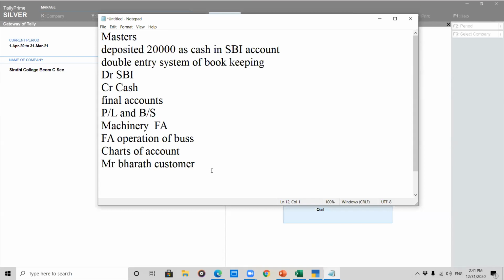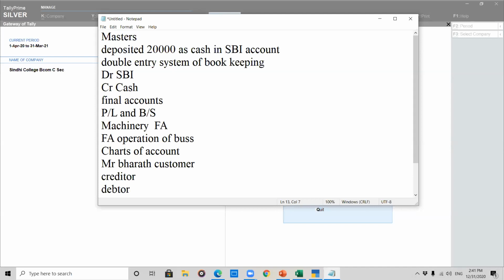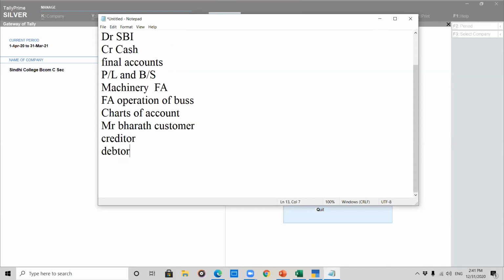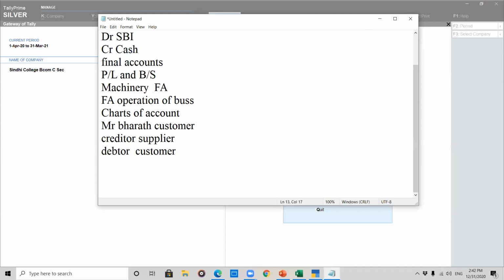Yes, there is something called creditors and debtors. Okay, who's creditor and who's debtor? The one getting the money is creditor, the one giving the money is debtor. The one who owes money is a debtor, and the one to whom I have to pay is a creditor. In the sense, the supplier is the creditor, we term it as a supplier in terms of business. And when it comes to debtor, we term it as a customer. The customer has to pay money to us, and to the creditor we owe money.